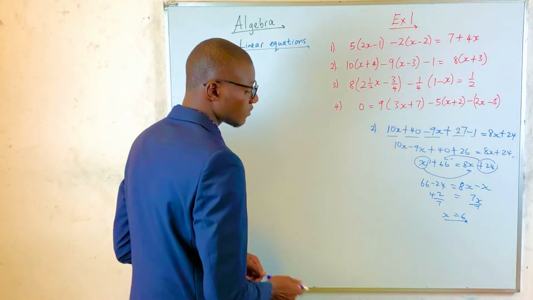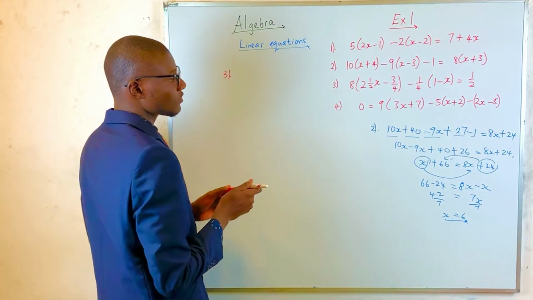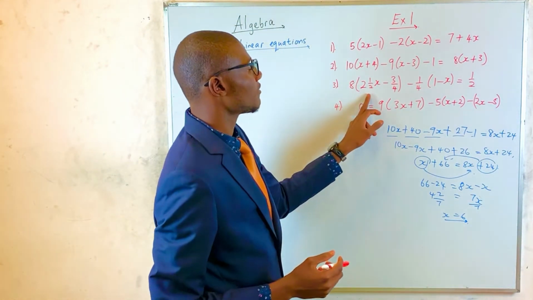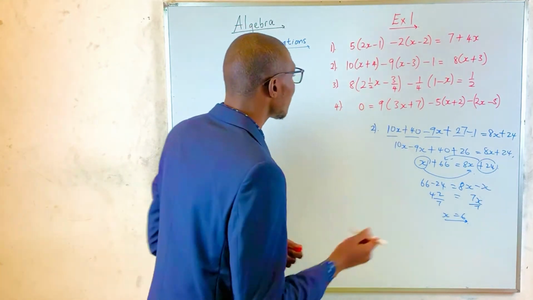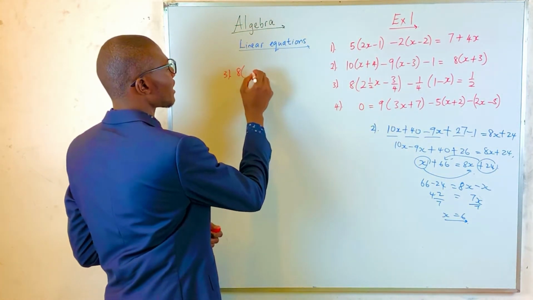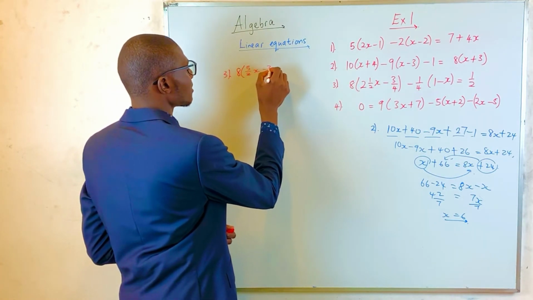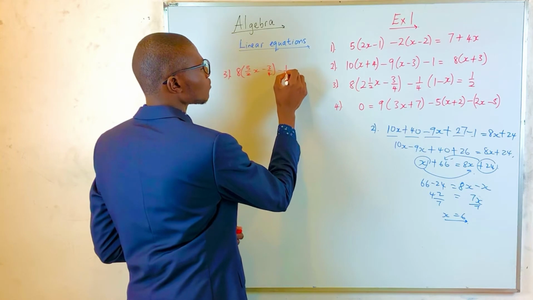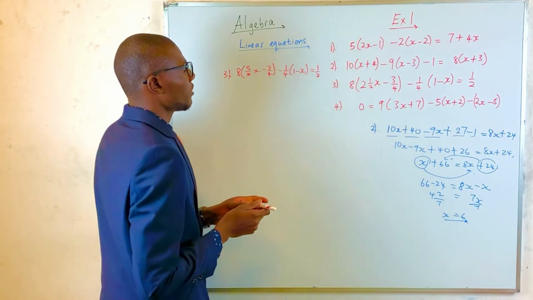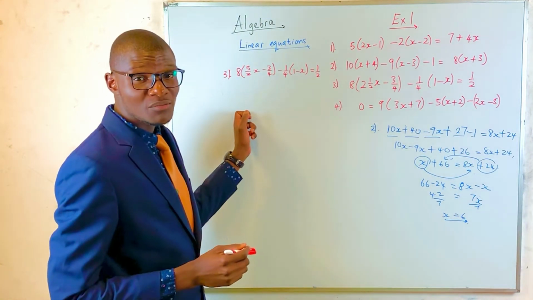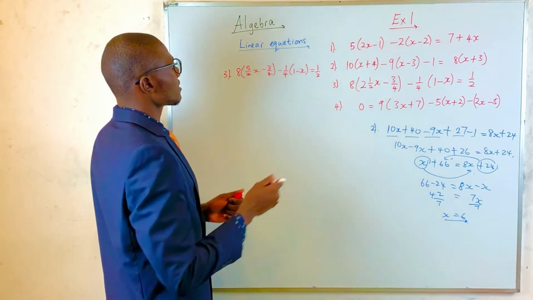Right. So now looking at number 3. First step, if we rewrite this mixed number as an improper fraction, this will be 8 multiplied by (2 times 2 plus 1, that's 5 over 2)x, minus 3 over 4, minus 1 over 4 times (1 minus x), being equal to 1 over 2. Right? And now if we remove the brackets here, we say 8 times 5 over 2x, that will be